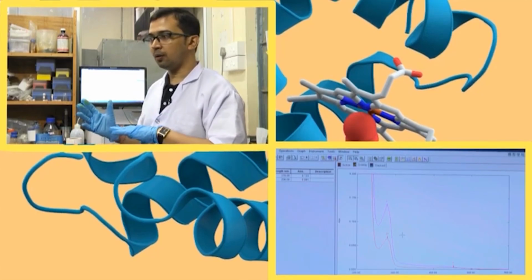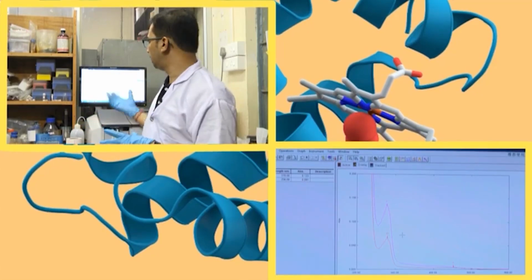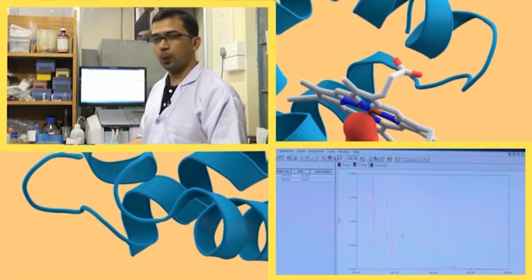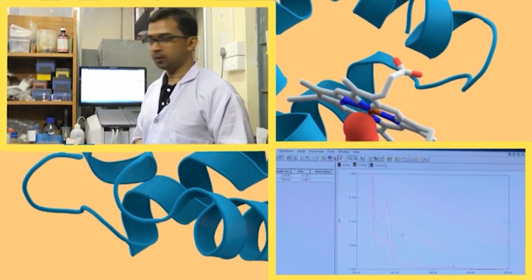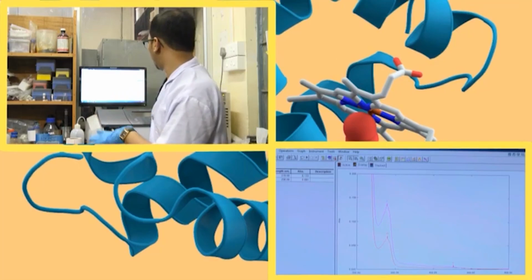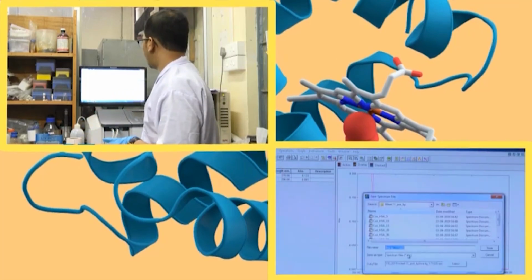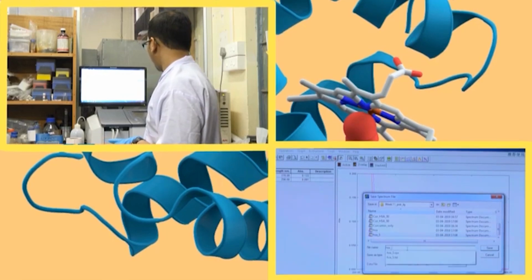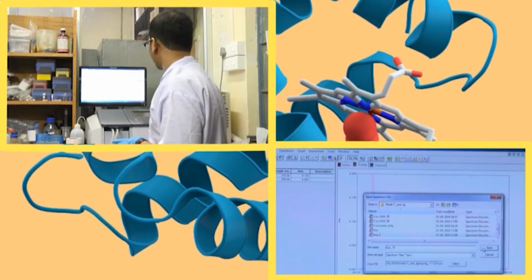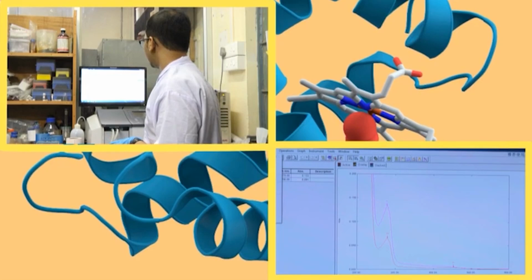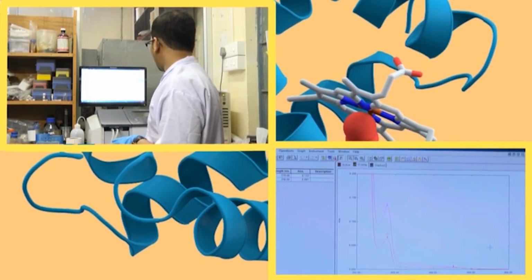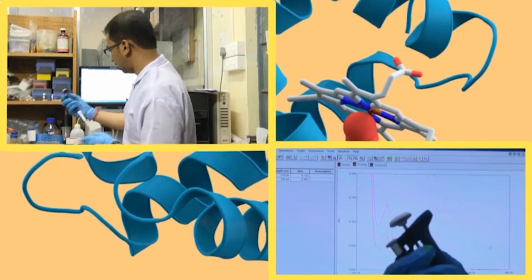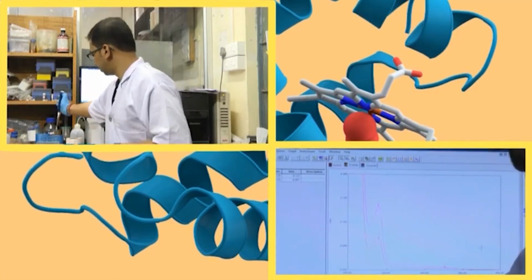So, these are all manual errors which come from time to time. It is always advisable to repeat this experiment 2 or 3 times, whatever you are doing, to get an optimum value after the end of each experiment. Okay. So, now we are done with this up to HSA 5 microliter. I will save it as HSA 5, then change it to HSA 10, and I will again take another 5 microliter